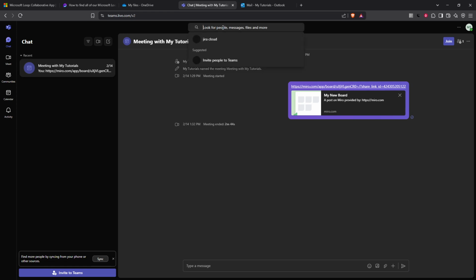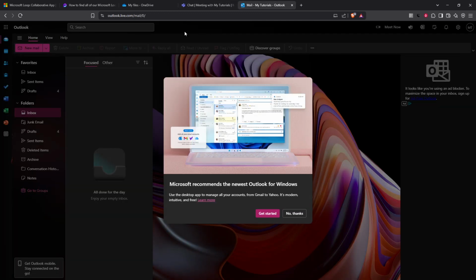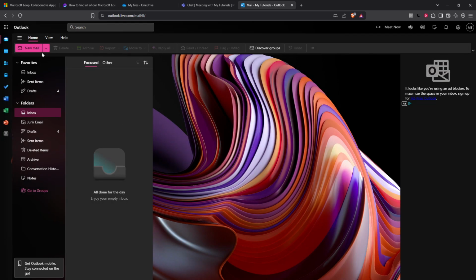Switching over to Outlook, you'll want to check your sent or received emails folder. Embedded components are easily recognizable. They'll be sitting right within the body of the email. This feature allows you and your colleagues to integrate Loop components seamlessly within your email communications, making collaboration more dynamic